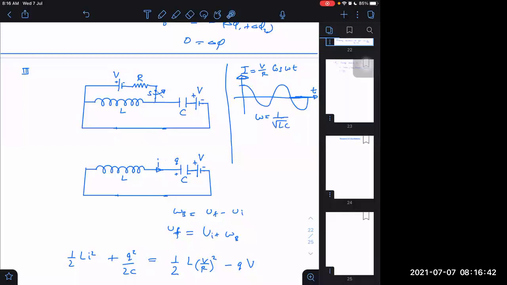Initial value. And I know that this will be sinusoidal always. Q may be a shifted graph, shifted up or shifted down. For Q we can't trust, it may not be like that, but I will always be like that only. There is no doubt about it. And I'm not saying it will always be cosinusoidal. It may be sinusoidal or it may be cosinusoidal, but it will never be a shifted sinusoidal graph, because dq by dt we write as I.